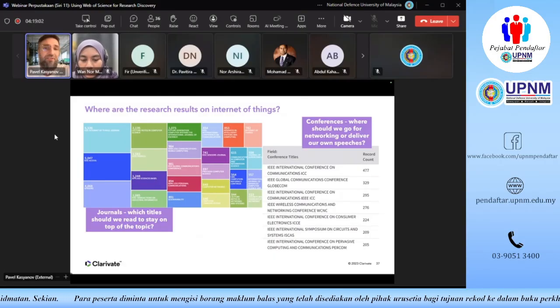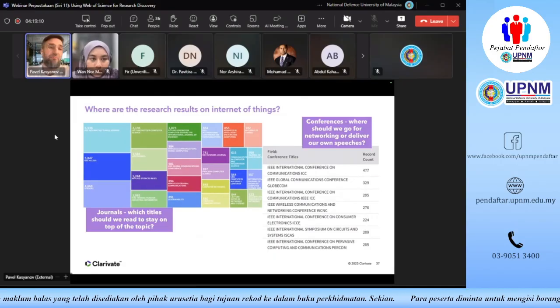This is also a very important piece of analysis for librarians, because that's basically how university librarians normally decide which journals are required for full text subscription.